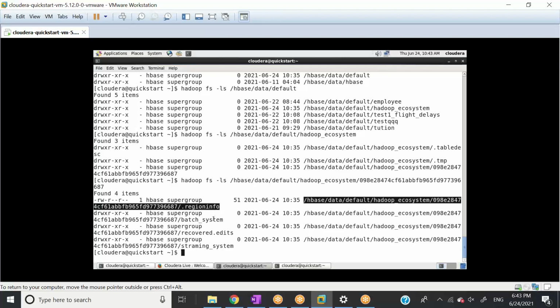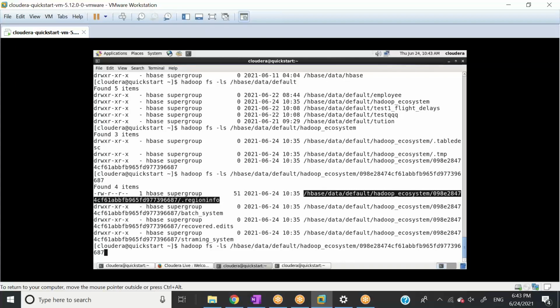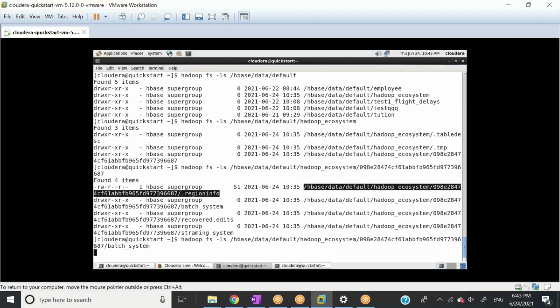I don't want to cover it, but let's go inside batch system. So now what should we have? We should have some data files here, ideally, right? No, because I haven't committed it yet.